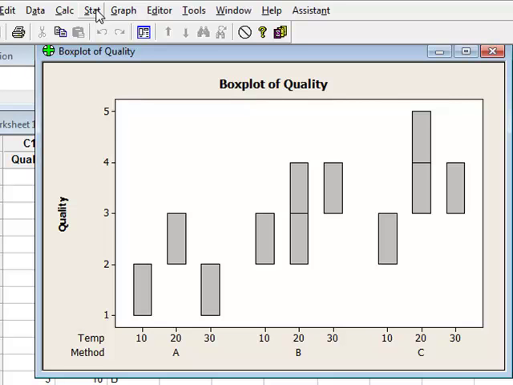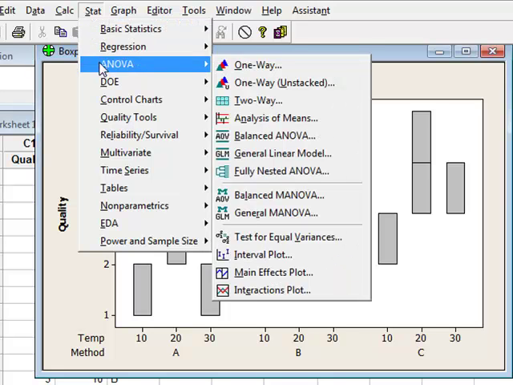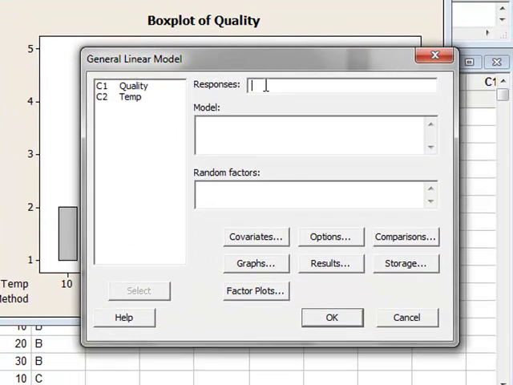Although the ordinal variable does not meet the normality requirements for the hypothesis test within the Anova, we can still use the Anova mechanism to produce the plot. So we'll go to Anova, General Linear Model. The response again is quality, and under the model we will have the method and the temperature,